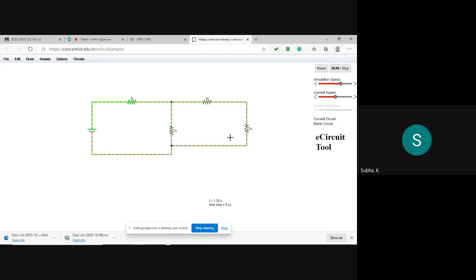Okay, now you can see in yellow color dotted lines are running all over, isn't it? Yes, ma'am. And it is not indicating a bad connection. If that is okay, it means current flow is good. Okay, you have connected all the nodes in a proper way.